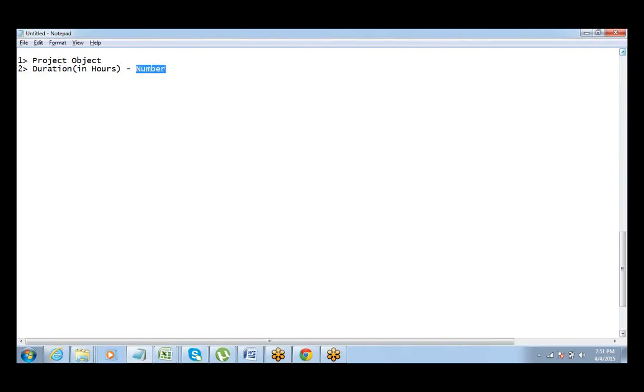Whoever is done with this step 2, please type done in the chat window so that I know when we all are ready to move to the next step. Once done, please let me know.